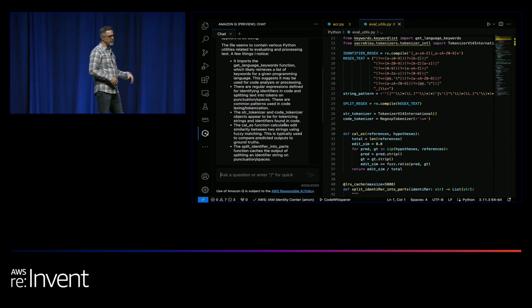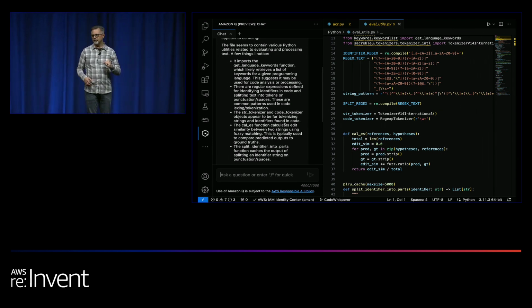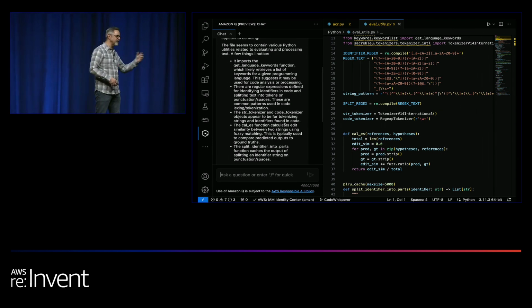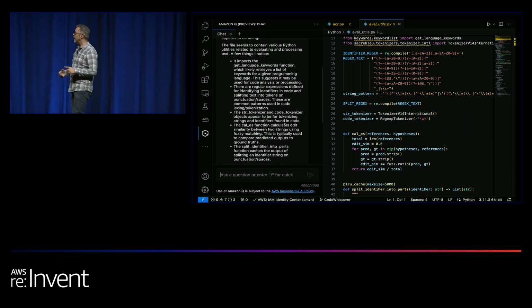And you can ask follow-up questions, and you can say, help me find the bug here. Help me optimize this. Help me refactor this. Does this have the best time complexity? Can I improve it in some way? There's a lot of different things you can do with Q and how it works. I'm going to come to questions in just a minute.